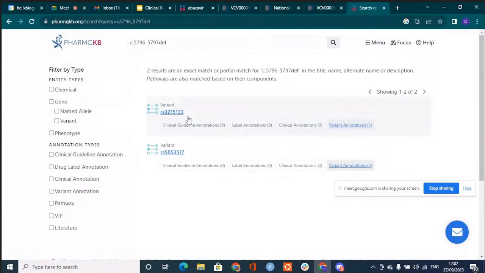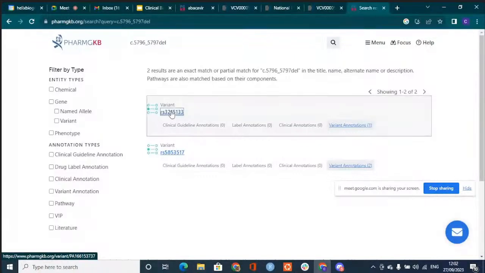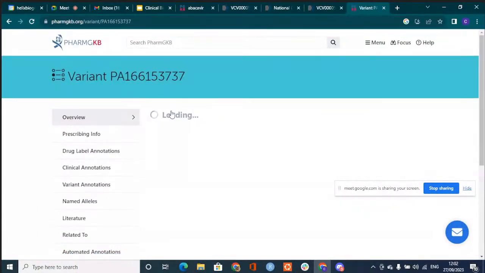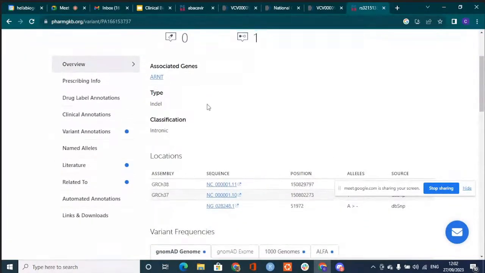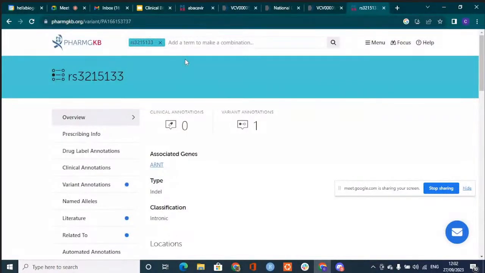But this is assigning an ID. This RS is a dbSNP ID. Let's go into that and look at it. This is not associated with the gene that we are working with. This is associated with another gene. But this is a work in progress. That's to show that the PharmGKB project is a work in progress. They are still trying to collate some information to make some clinical decisions if this is going to work. But what I just want to do here is insert CYP